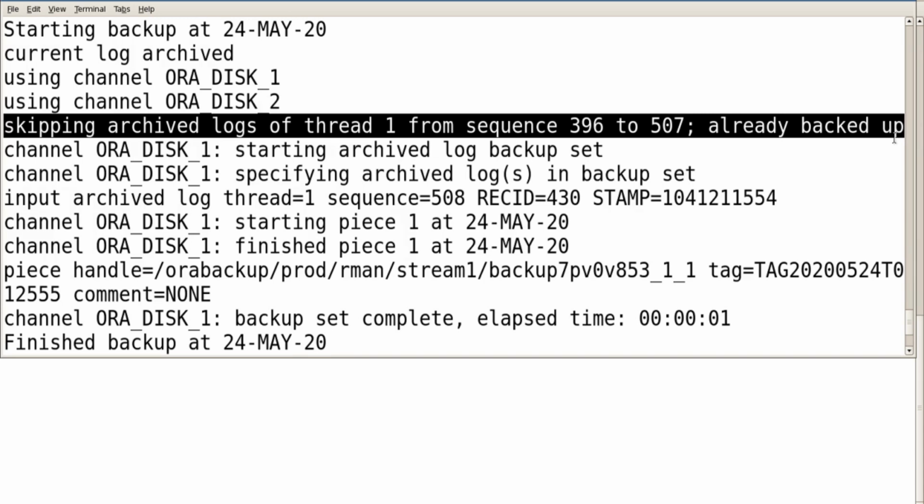This says that optimization works here. The optimization works where we configure it from the default off to on. The files from 396 to 507 which have been backed up are skipped in the next backup.